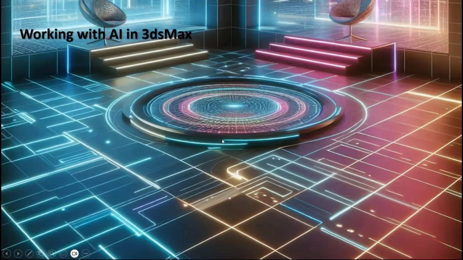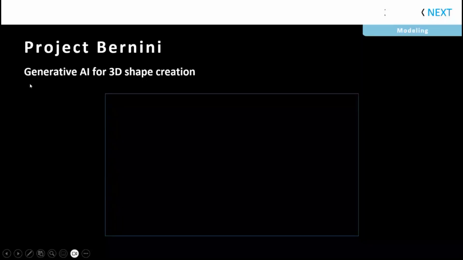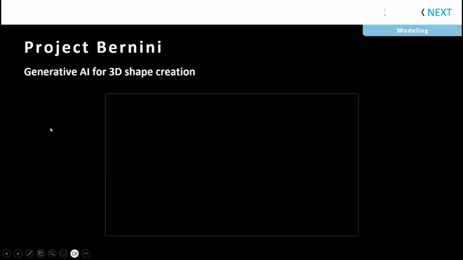The question is, hey, I have AI in AutoCAD, how about in 3ds Max? This is a common question from users. Hey, is there any AI in 3ds Max? The answer is yes, but the plugin is from a third party. I think Autodesk is still working on it, and this is important. It will be coming soon.